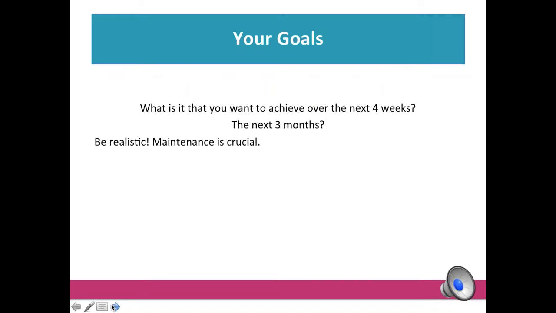I want you to be realistic. Maintenance is crucial. This is a program that is really going to be something that you can continue to do. It's maintainable, so I want to make sure that your goals are within that. But in saying that, you can also lose quite a bit of weight in the first couple of weeks of